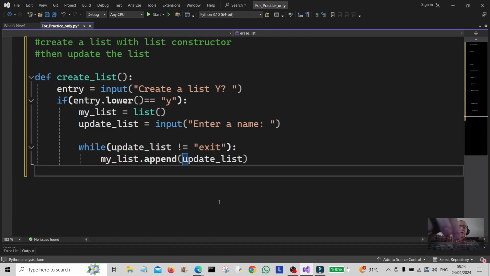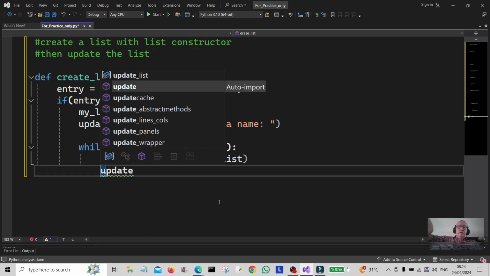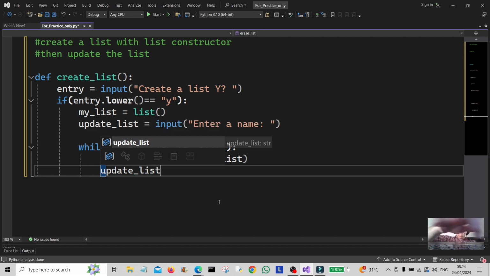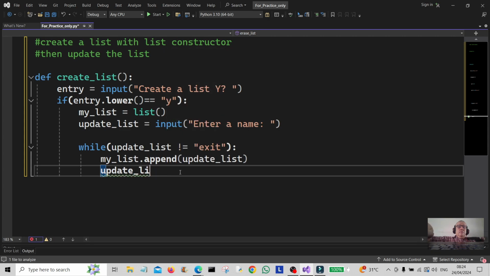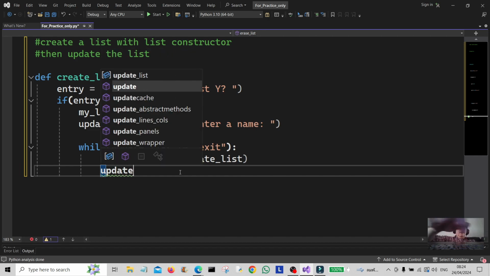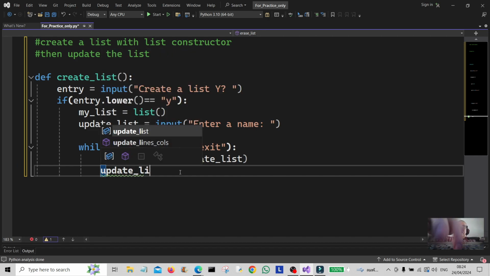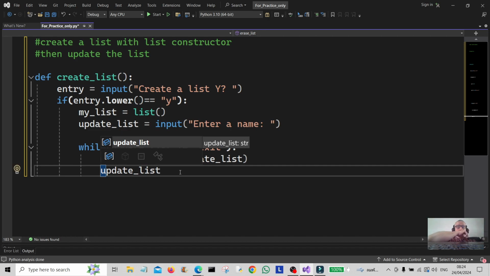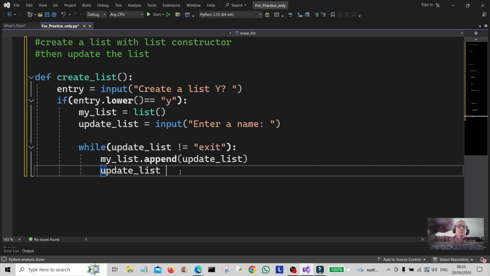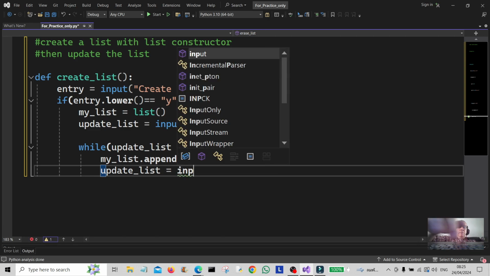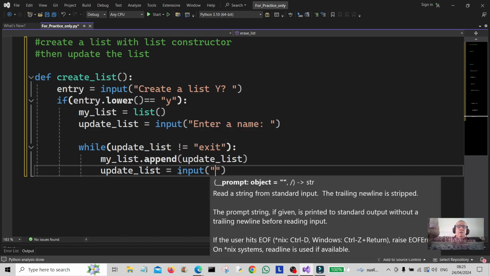I'm going to do that by update list, okay, that's going to be update list. It's going to be equal to input. So we're going to ask the user to add more information into there,